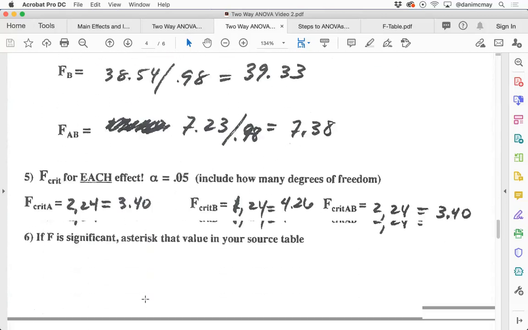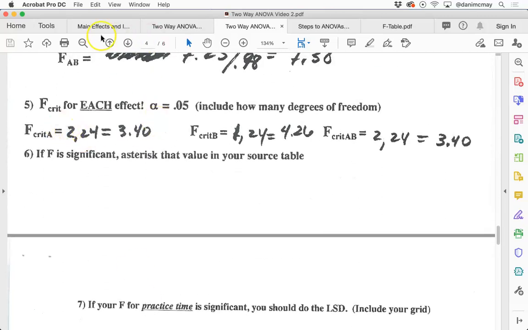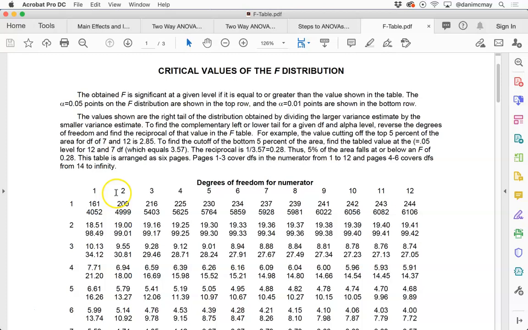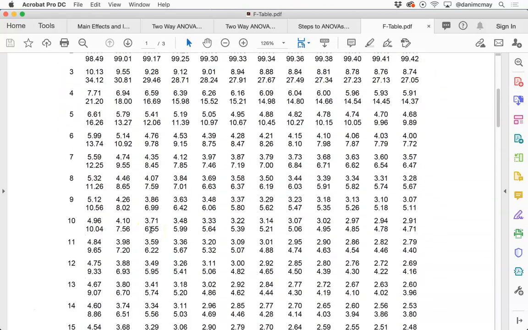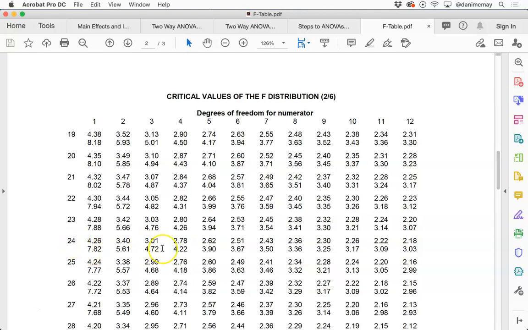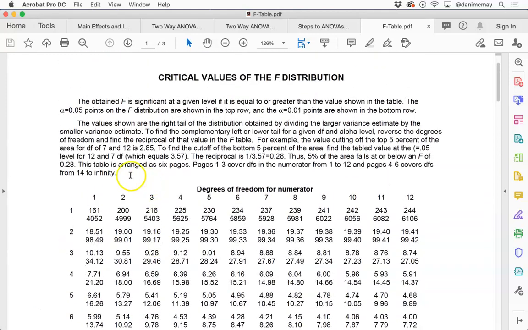Which I have listed here for you. All right, so we go into our F table. And when we've got numerator of 2 and a denominator of 24, alpha equals 0.05, and how this works up here, it says,